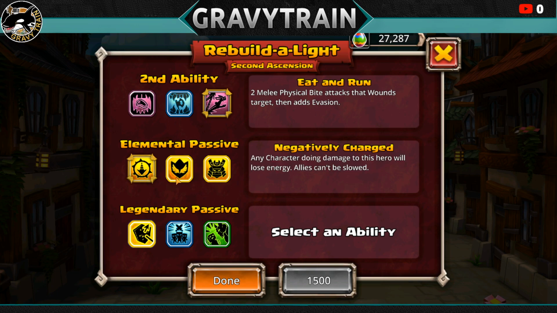These passives, I think two heroes have this. You're talking about Marrow and you're talking about Lumen. So any character doing damage to this hero will lose energy. Allies can't be slowed. I know Marrow has that. I don't know if it necessarily stops you losing energy, but it will make sure that allies can't be slowed, so they can't be moved down. There's only a few slow effects, but